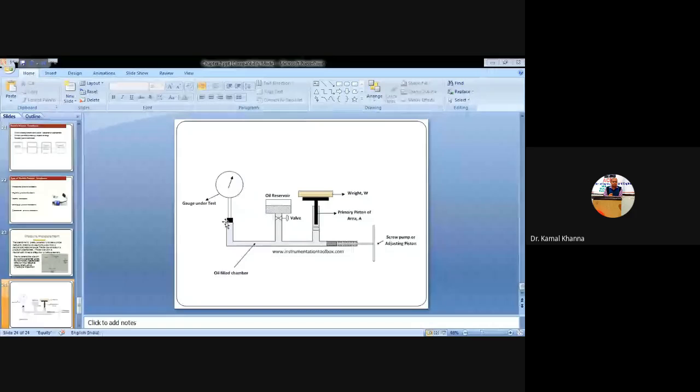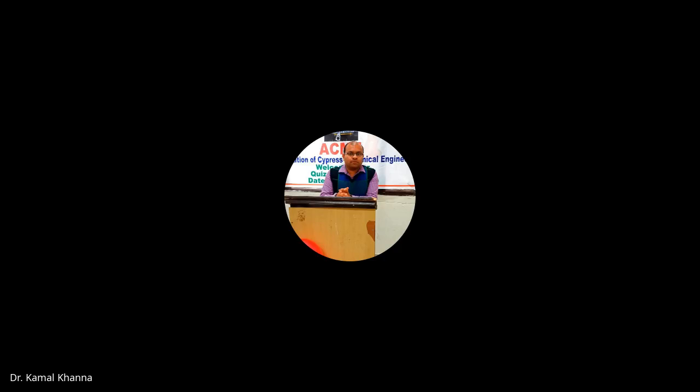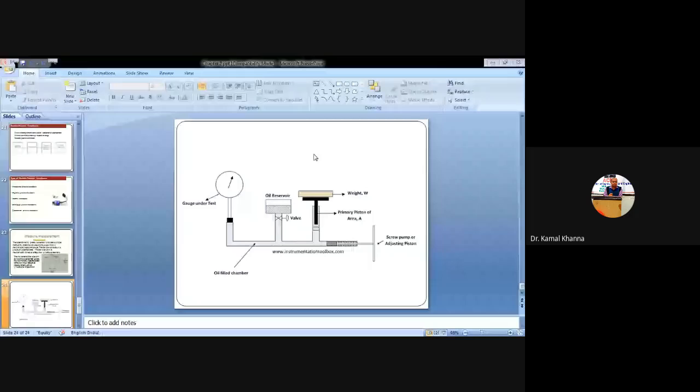The pointer of the pressure gauge shows movement and takes up a steady position on the dial, and as soon as you increase the weight on that platform, that piston compresses the liquid and increases the pressure of the liquid, and it will give the requisite amount of pressure of the liquid. It is shown on the pressure gauge. So this is how the deadweight pressure gauge works.